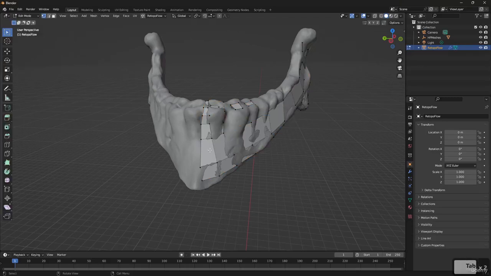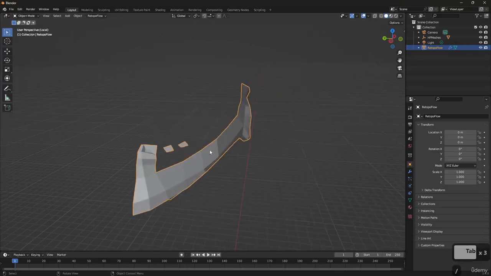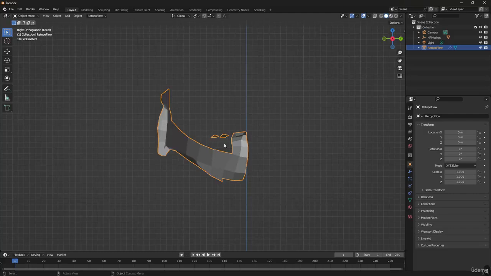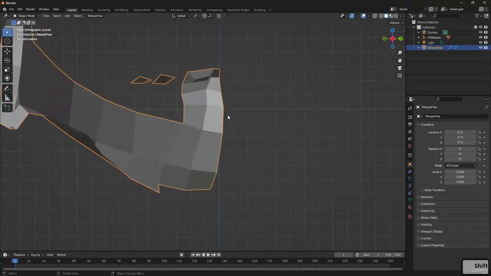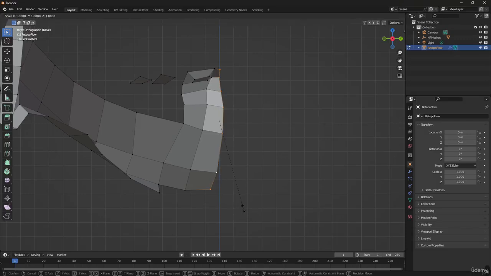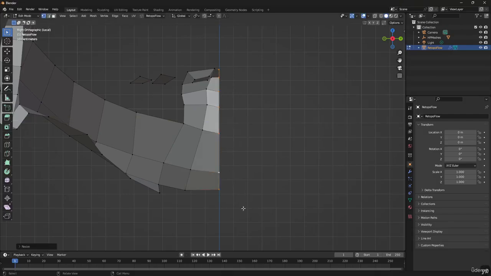And we're in edit mode for this thing. I'm going to press a slash to isolate this guy right here. I'm going to press number 1, or actually number 3, to go to a side view or a front view. I'm going to go to my edit mode. I am going to grab all of the vertices here. This guy and this guy. And I'm going to press a scale on Y0. So they are completely flat on the